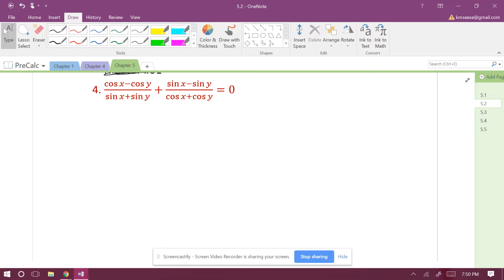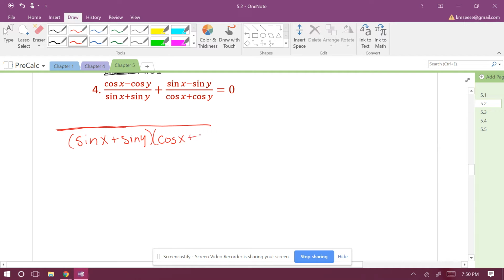Right? And the only way to do this is to find your common denominator. In your common denominator, the only way you're going to get there is to multiply these together. How do you find a common denominator? Well, I had to multiply this by this. This numerator is going to be cosine of x minus cosine of y, and I'm going to be multiplying that by cosine of x plus cosine of y,